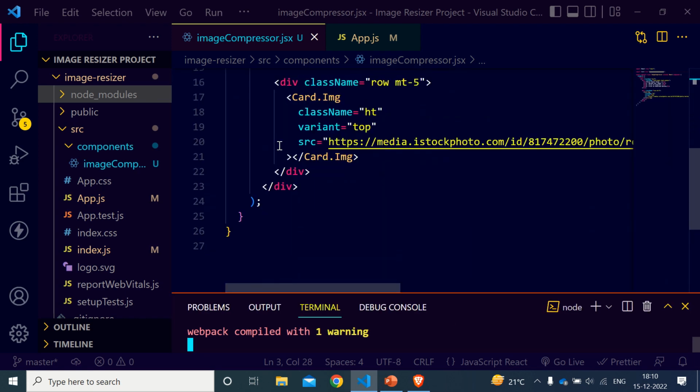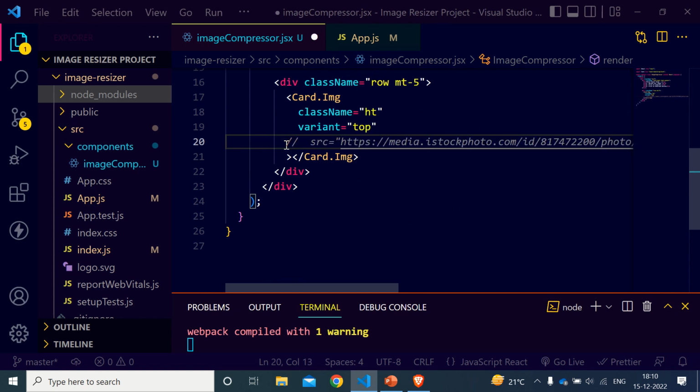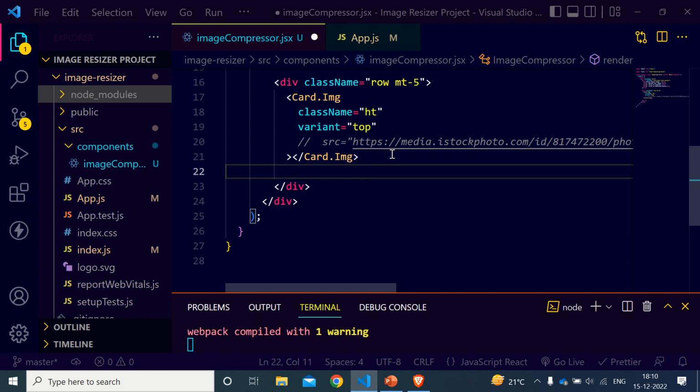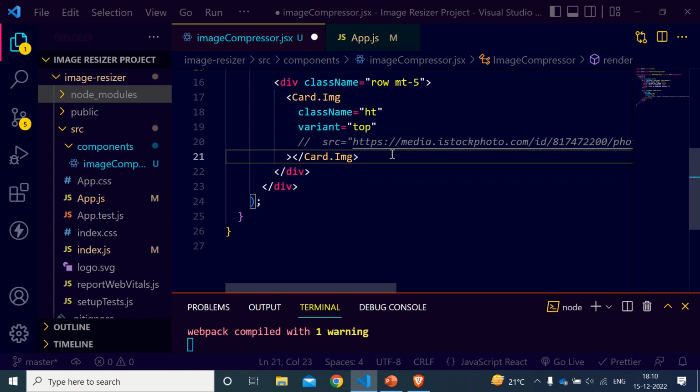So okay, let's just commit it out, save it. So the card image is done, and we also have to create a download card, where we have to download. So what we'll do is first create a compress button. For creating the compress button, we'll just put the